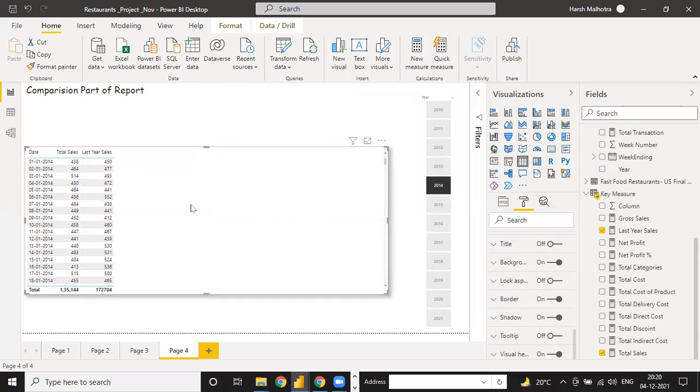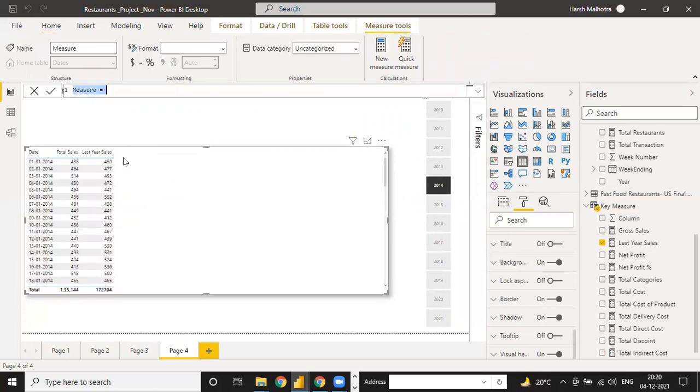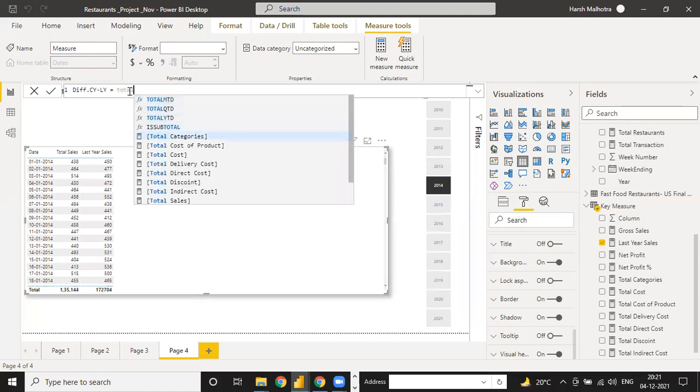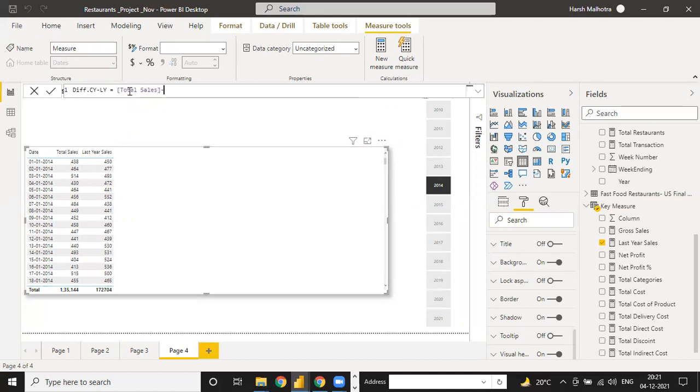Okay. So now you have calculated current year sale and last year sale. Now you have to calculate your difference. So how to calculate? Just click on new measure. Total sales minus last year sale. That's a very simple difference in Power BI. So you write it, difference, current year minus last year. Okay, and now you can put your total sales measure